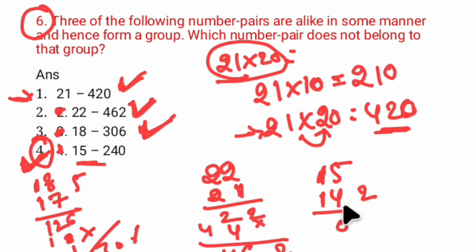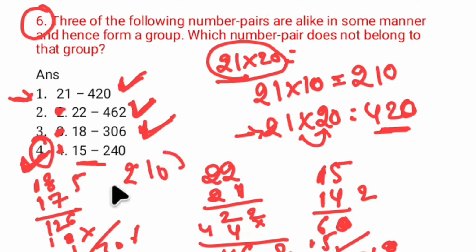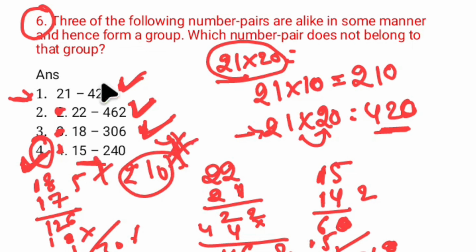And moving forward, three of the four are alike in a certain way and thus form a group, and which is the one that does not belong to that group. The odd one is not based on the number of consonants, vowels, or their position in the letter cluster. So basically this question is also an odd-one-out based question. So how to solve this question? For solving the question, we have to know the